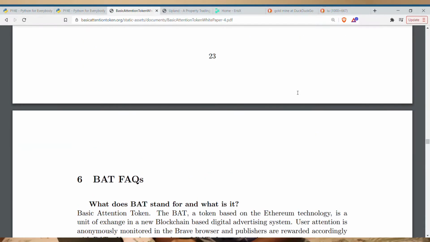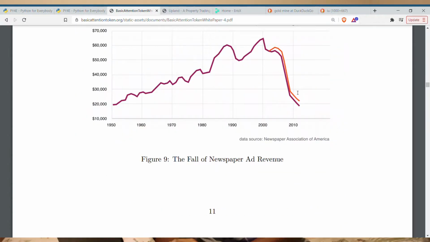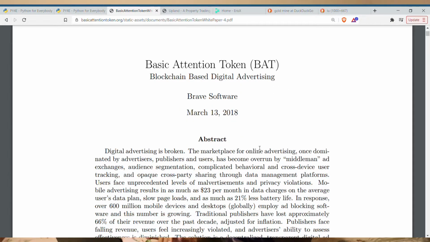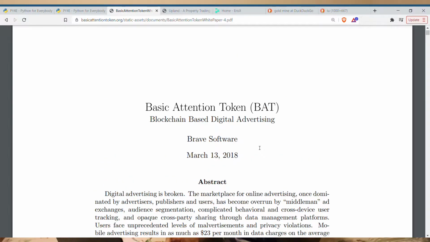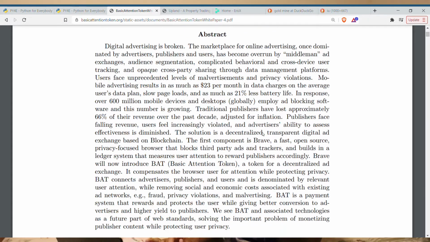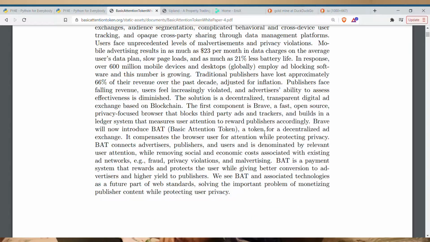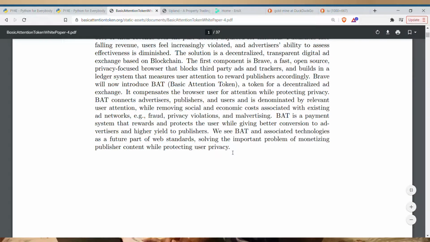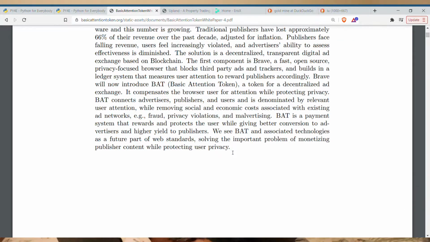Basic attention, blockchain-based digital advertising is the whole point. The nice abstract here. Basically, in terms of what Brave browser does for the user, it keeps track of the sites that you go on and the amount of time that you spend on those sites.